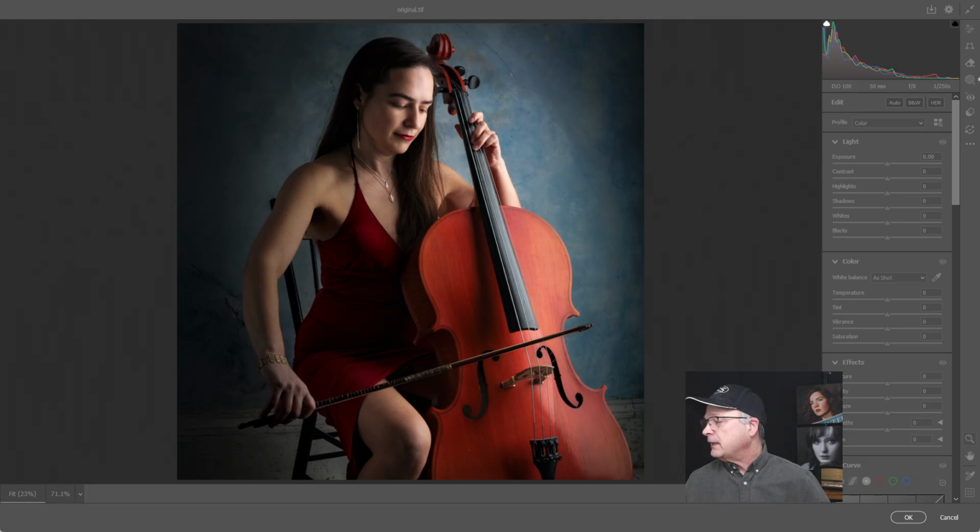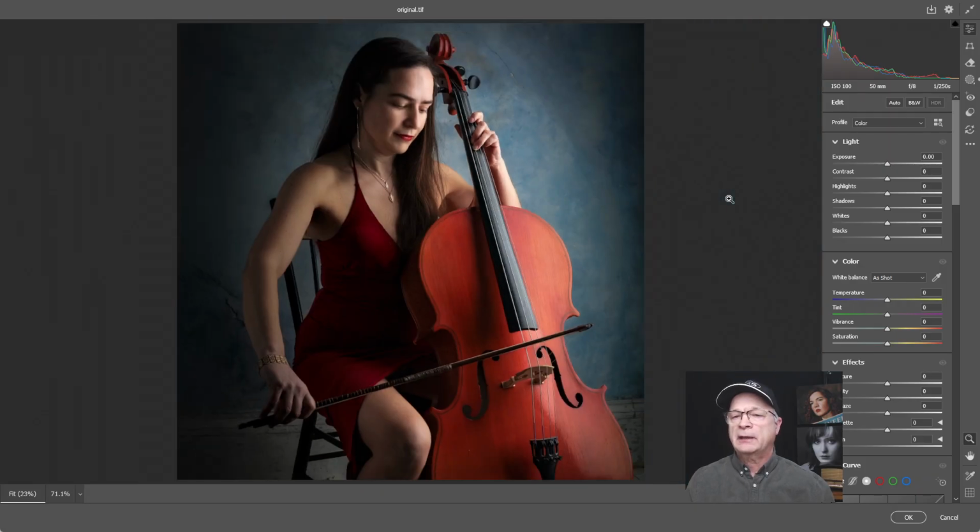Okay, so the face versus cello hierarchy. For portfolio work, the viewer should go face, hands, and instrument. And right now it's more cello and face, not so much the hand. But we talked a little bit earlier about how we did change the light brightness on the hand, and I could bring it up more, but I don't think I'm going to at this point, because I brought it up to a point where the balance is okay. Well, you know what? What the heck? We're here. Let's go ahead and do it.